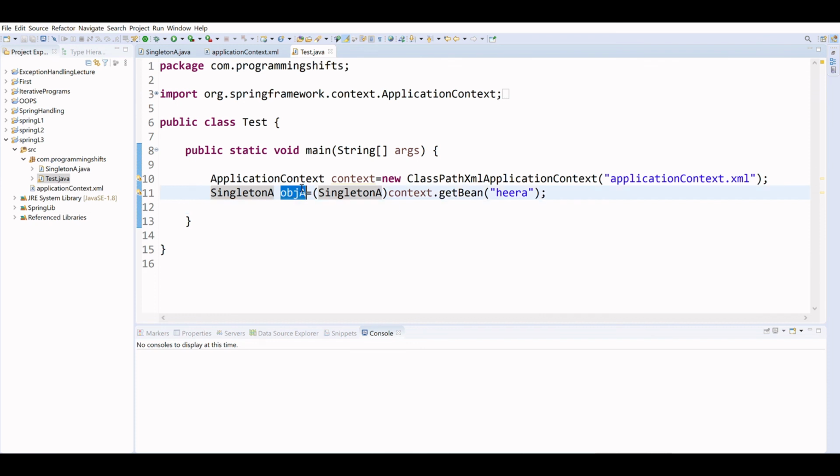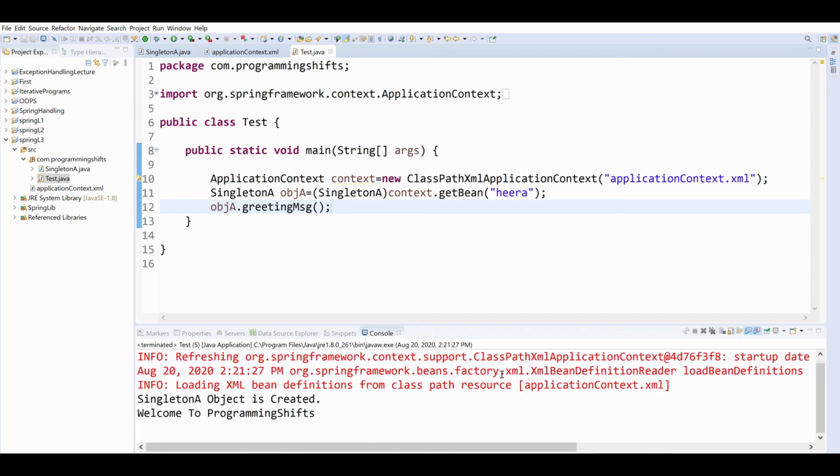The object is obj a, and then you can call the getIns method that is available in the singleton class A. Now you just have to run the application. Here we are calling the greetings method.